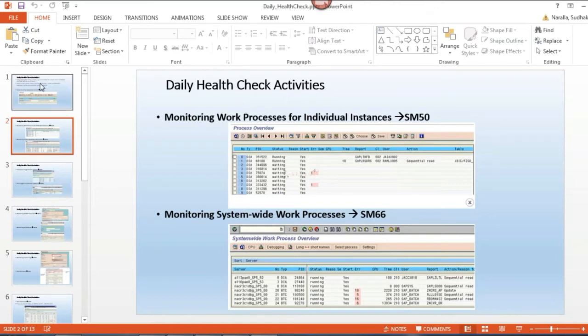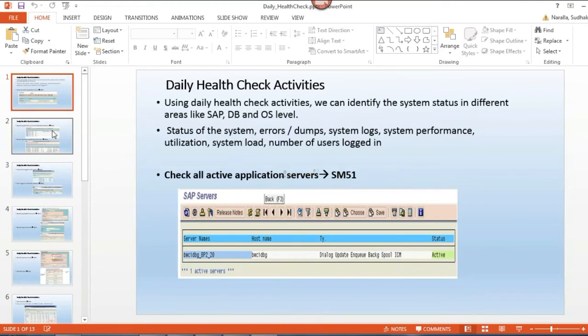So in SM51, I can check whether all my instances are up and running or not.